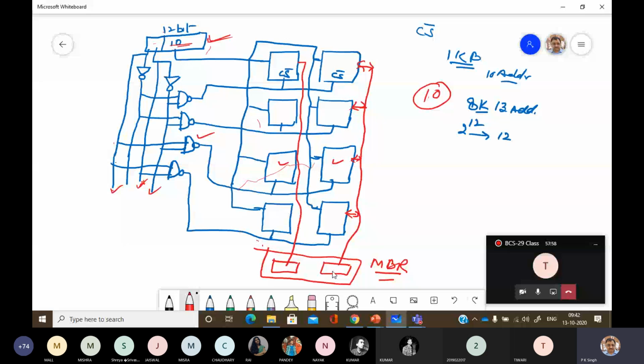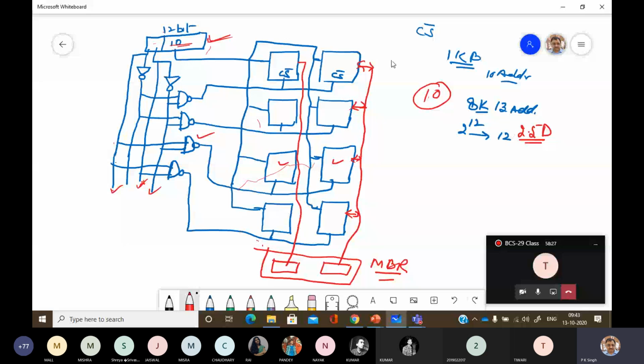So in this way, we have to facilitate that we can refer to a byte of information or a word of information. That organization is 2.5D organization. Now we have to select the column also, from which column you want to retrieve the information. Here we are just selecting the row in 2D organization. Here we have to select the column also.